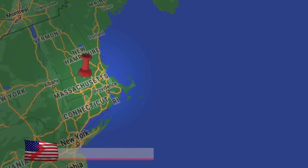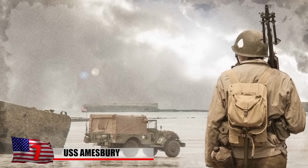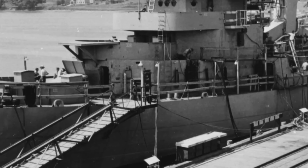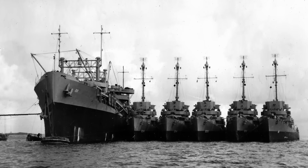7. USS Amesbury. Built in Massachusetts during World War II, the U.S. naval destroyer escort USS Amesbury served in the historic Allied invasion of Normandy, also known as D-Day, in 1944. She was eventually rewarded with the Battle Star for her service in the battle. In 1945, the ship was converted into a high-speed transport for carrying the men of an amphibious unit called the Underwater Demolition Team. After making landings in Japan, Korea, China, and Guam, the Amesbury proceeded to Green Cove Springs, Florida,